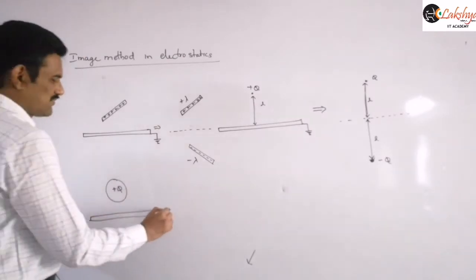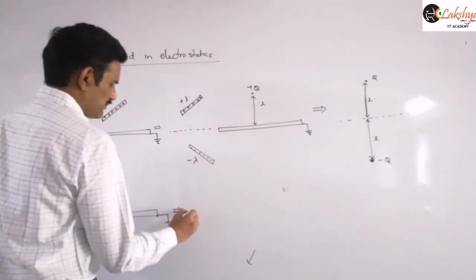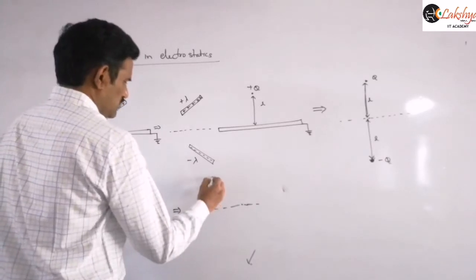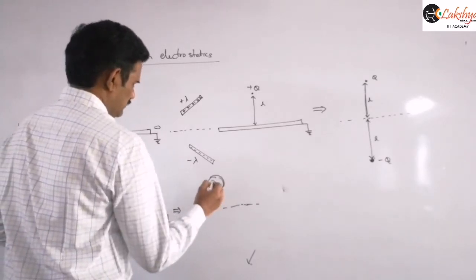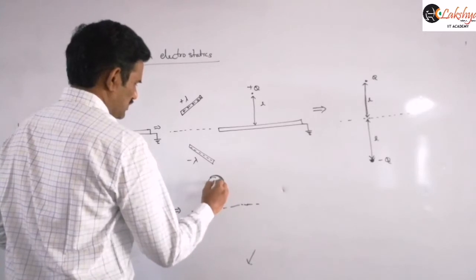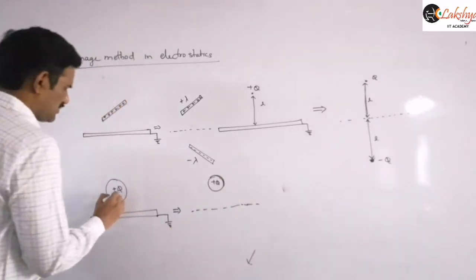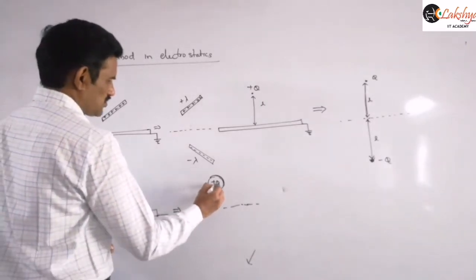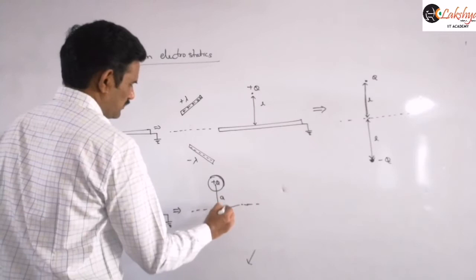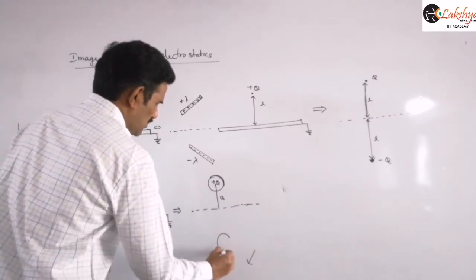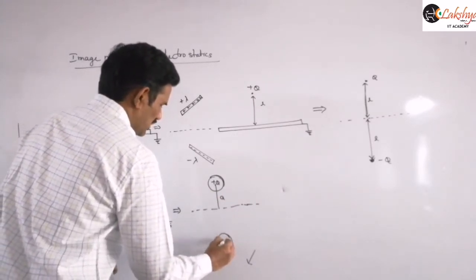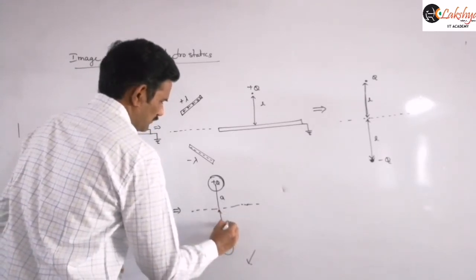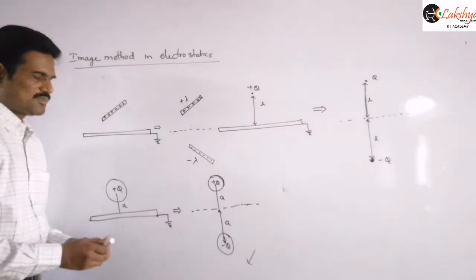Now the given charge configuration we can convert this as, so just this is a sphere. Let us say it is having some plus q at the same distance, like for example here from the center, here the distance is a, then here also from the center its distance will be a, and then its image will be having this opposite charge minus q, and the distance from the center will be again a. So like that. So that means that is the image method here.